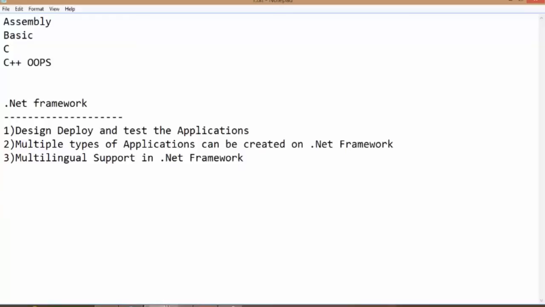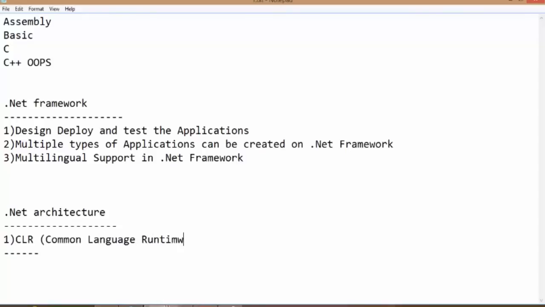So next I'm going to explain what the .NET architecture is like. First of all, in the .NET architecture we have the first component, CLR, which is known as the Common Language Runtime. Okay.